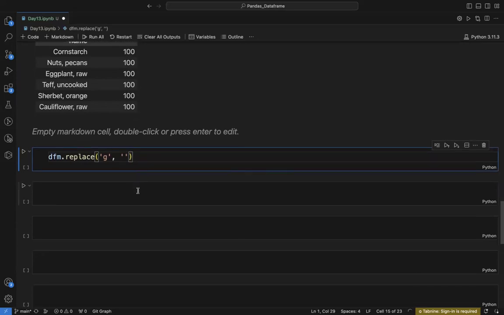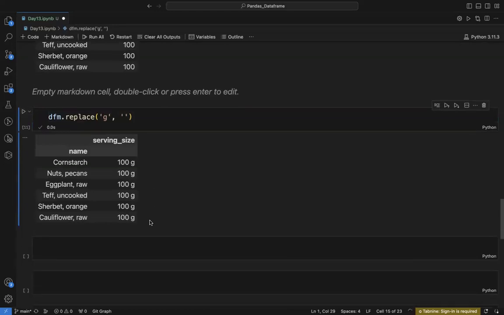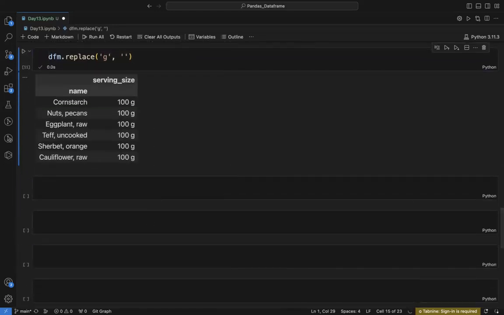So if I run this, let's see what happens. When I'm doing this, nothing is happening. Is this g replaced? No, this g is not getting replaced. This doesn't work here because of how the replace method works: it goes through our data frame and notices that there is no exact value that is equal to small g,